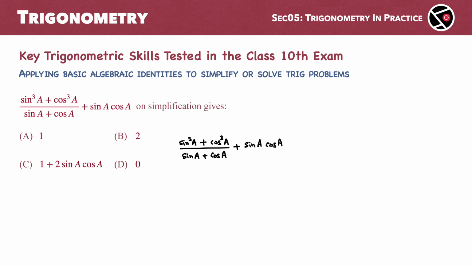As soon as I see the sum of cubes, sin cube A plus cos cube A, I am reminded of the identity. A plus B whole cube equals A cube plus B cube plus 3AB times A plus B. Notice the sum of cubes here. We use this identity and replace sin cube A plus cos cube A with